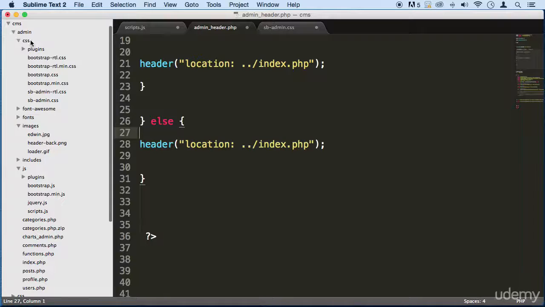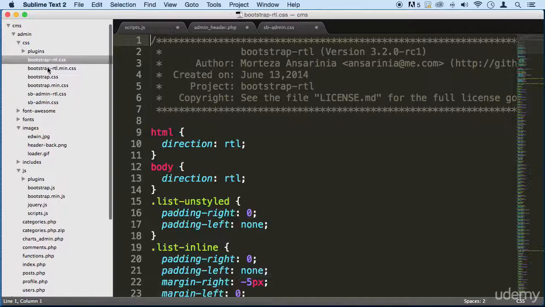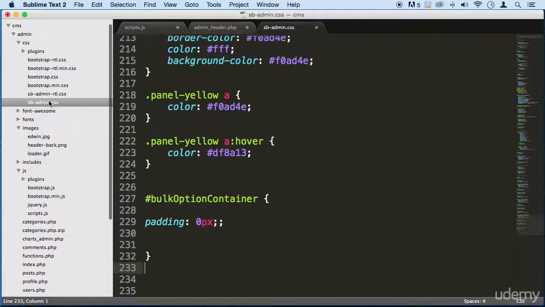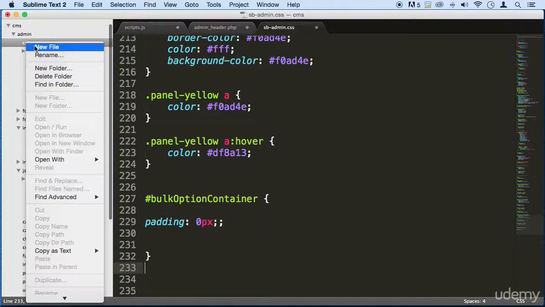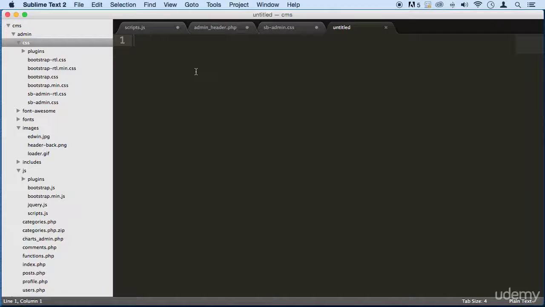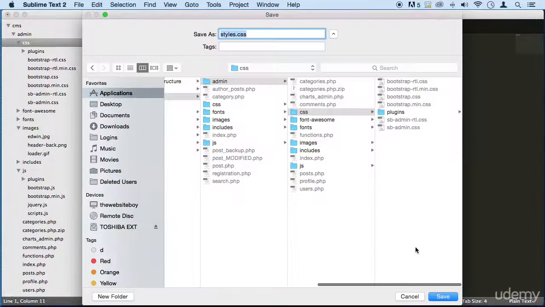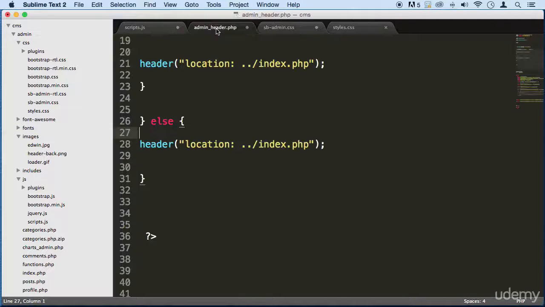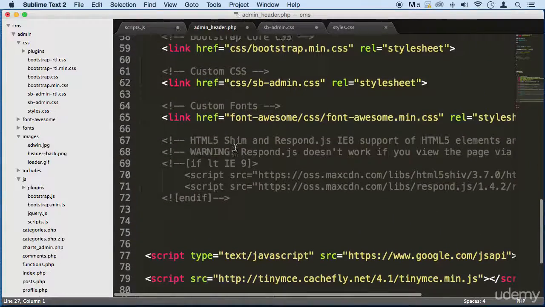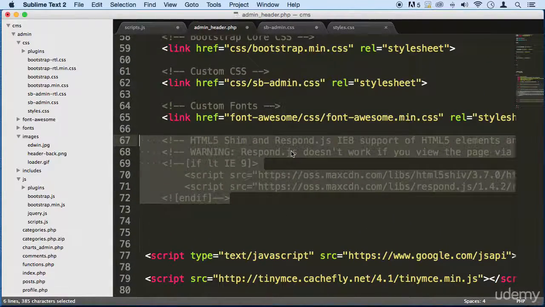All right, in your CSS, you're gonna come here to CSS, because it's a good idea to actually separate your CSS style sheets from the main ones that you have here, from the Bootstrap style sheets. All right, so go to your CSS folder, right click on it, or just create a new file in there called styles.css, save it, and then go to your admin header, and right below this if statement right here,